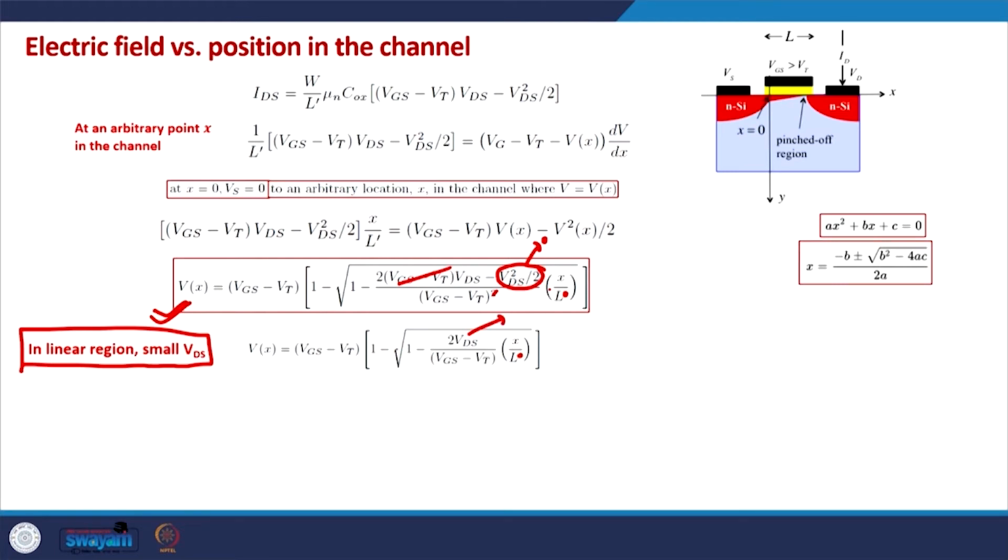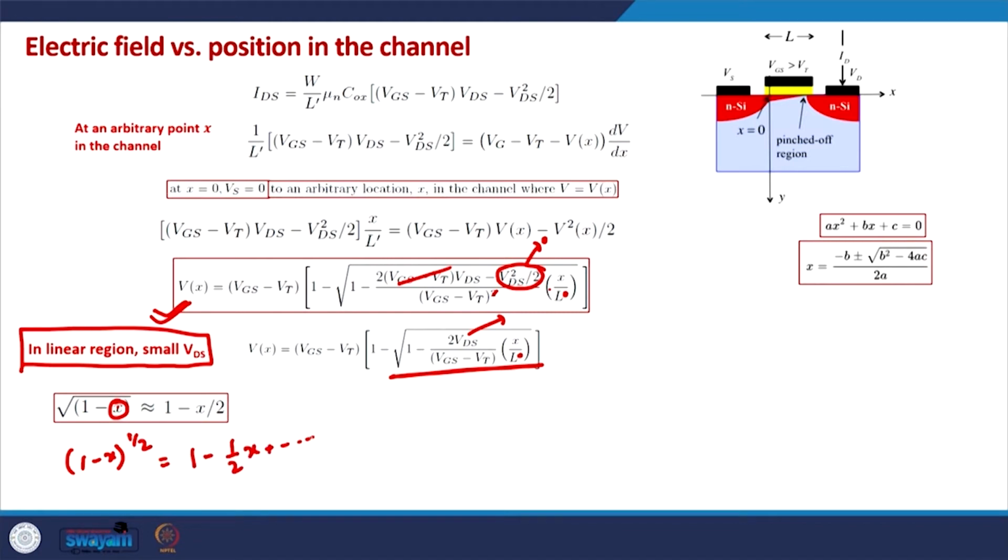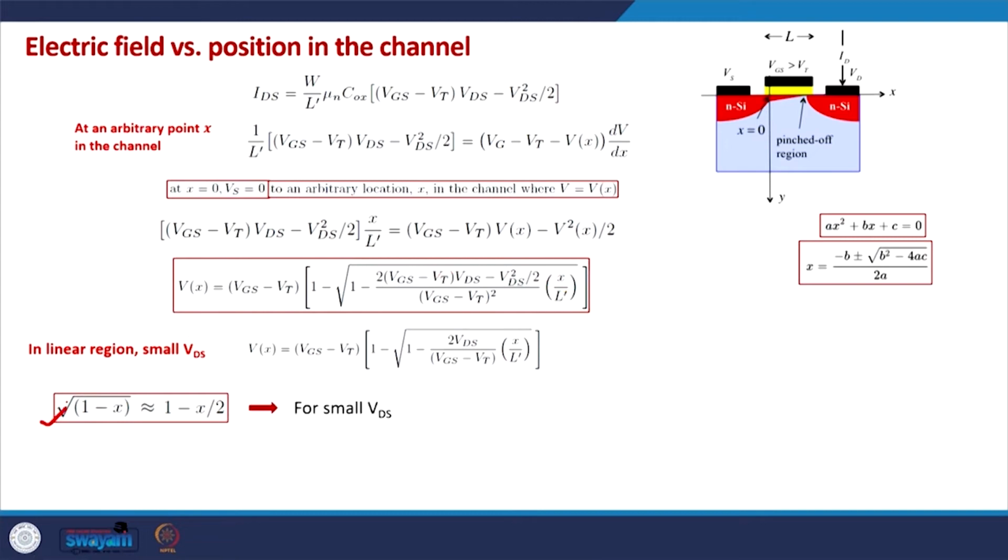So, we can use the binomial expansion of this square root. When x is small, this (1 minus x) to the power half can be written as 1 minus x by 2, and the rest of the terms can generally be ignored. All these rest of the terms can be ignored. Okay. So, using this expansion,